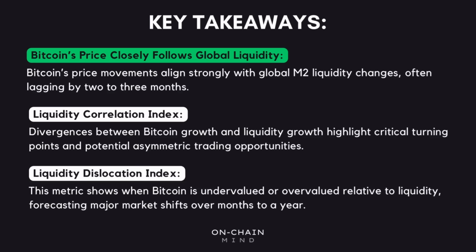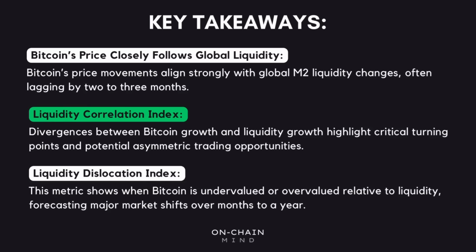Another important point is the role of the liquidity correlation index. This tool shines a light on when Bitcoin and liquidity growth start moving out of sync, which is a crucial signal. These moments of dislocation can either warn us that liquidity is drying up while Bitcoin is still holding, or that Bitcoin is pumping too hard without the backing of liquidity. Either way, it's a powerful indicator for spotting asymmetric opportunities, whether you're looking for entry points before a rally or